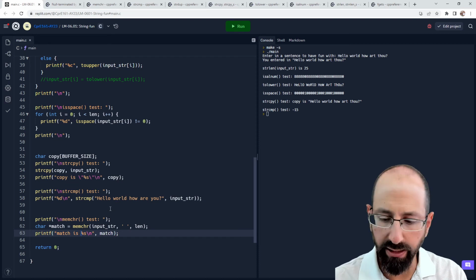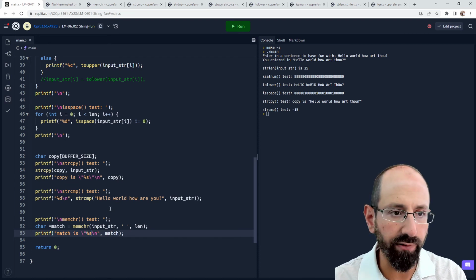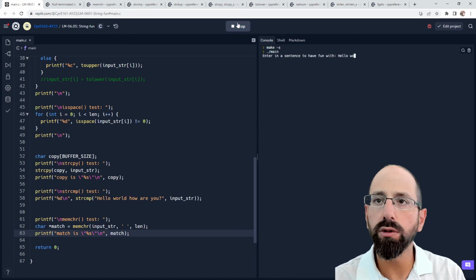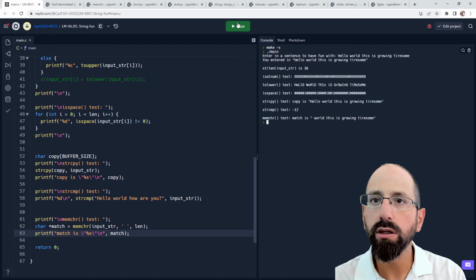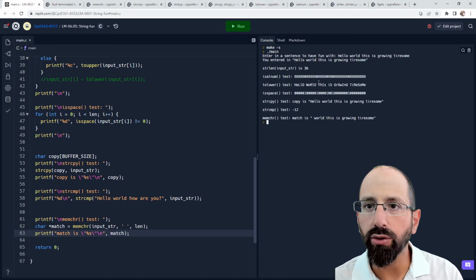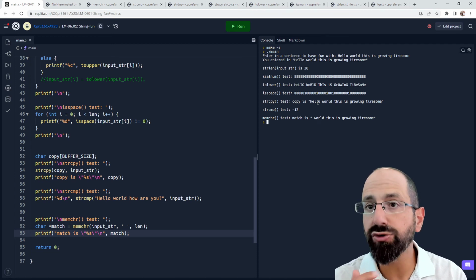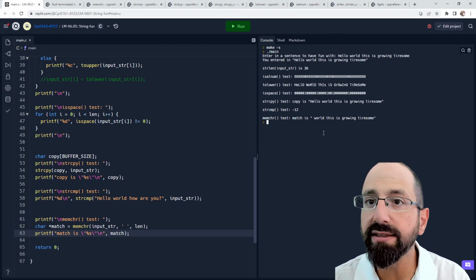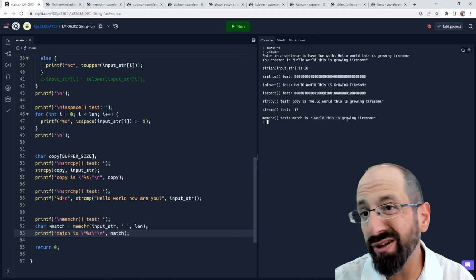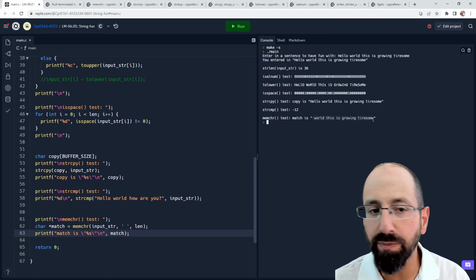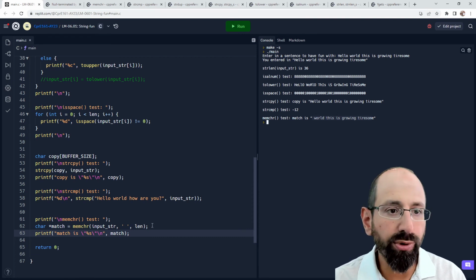Let's put it in quotes again to kind of keep it consistent with the other examples we have here. Hello world, this is growing tiresome. Okay. And it's kind of interesting what happened there, right? We did match the string when it finds the first space, and it's basically returning you via some pointer magic the string with that first space being matched. We probably could call it again,